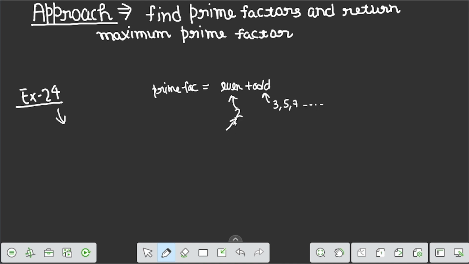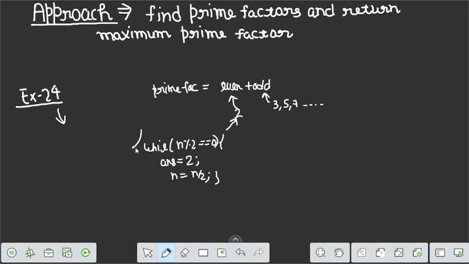So for the even factor 2, we run a while loop till n becomes odd. We traverse this while loop and store the prime factor. For example, the prime factor is 2 here, so we store 2 and update n to n divided by 2.